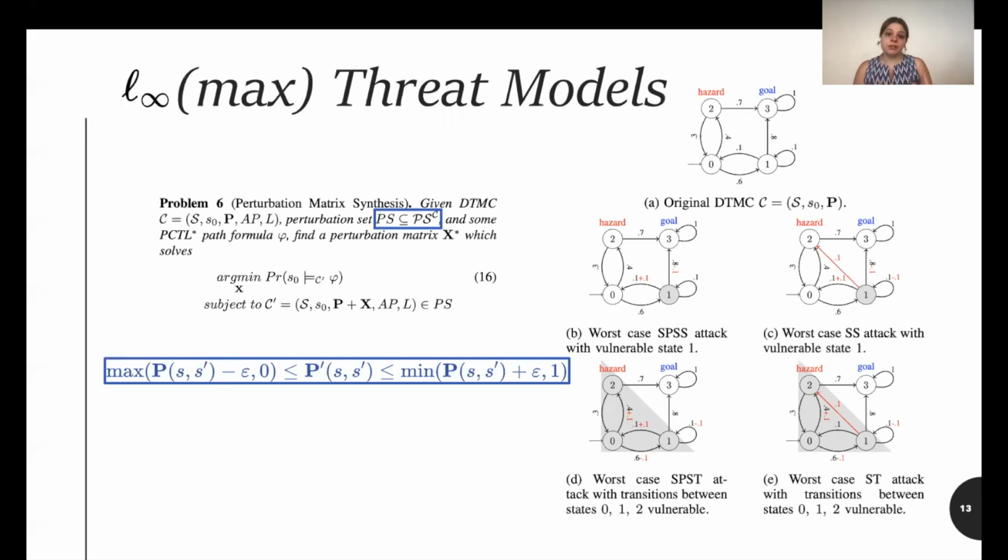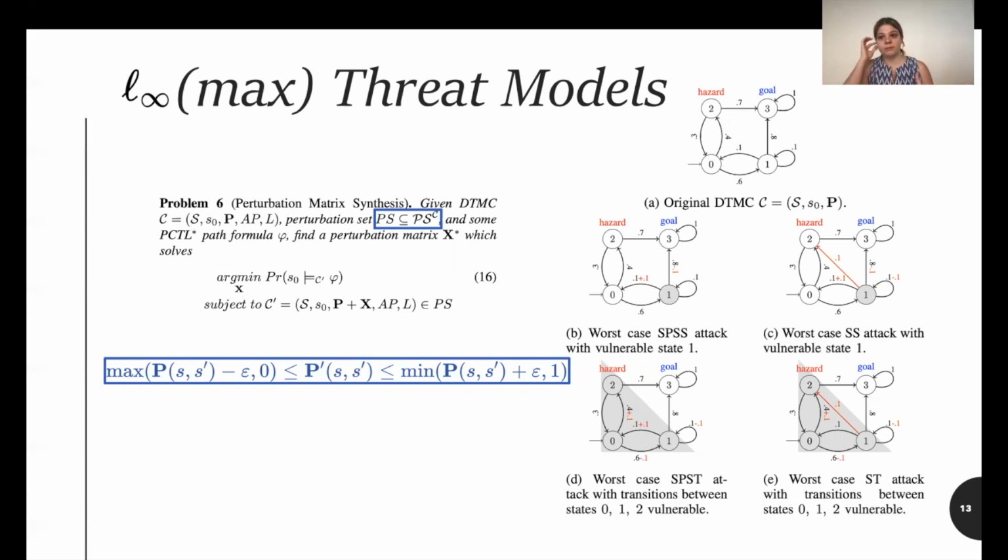By defining the perturbation set in this way, we are able to then define specific threat models by giving constraints on these perturbation sets. So in our paper, we look specifically at one set of threat models, which are the L infinity or L max threat models. And so in these threat models, we're looking at adversaries who can modify the original Markov chain within an epsilon ball around each transition probability. And so we set some small epsilon, and for every different transition in the system, they're able to modify that